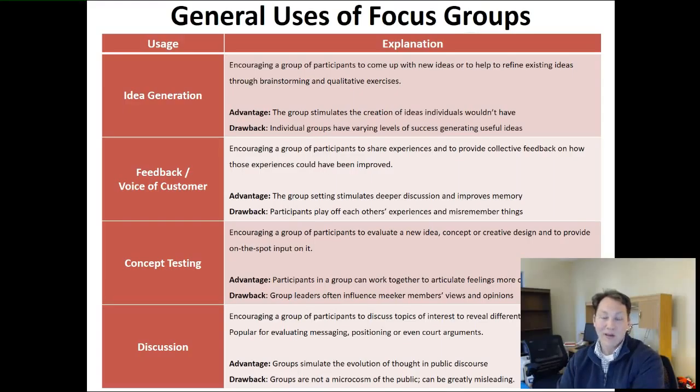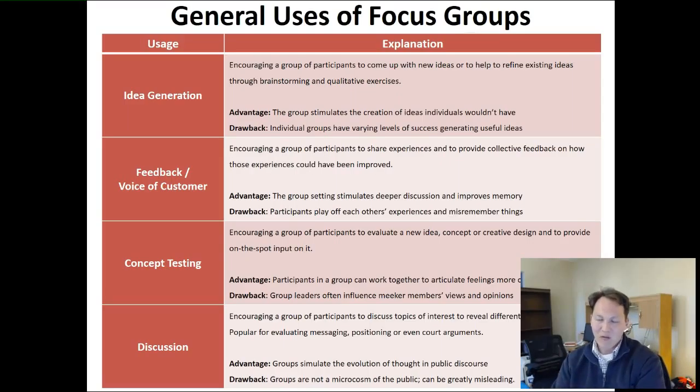There's a lot of things like dial testing and things like that that are traditional, but when you look at how the methods are applied, they're very shoddy, and they're not what I would describe as being very trustworthy. But anyhow, the nice thing about concept testing, if it's done right, is participants in a group can work together to articulate feelings more clearly. You present them with something that they have a difficult time talking about as individuals, and working together as a group, they can find some ways to talk about it, hopefully have some good discussion and not all feel the same way about things, so that you can get some well-rounded perspectives.